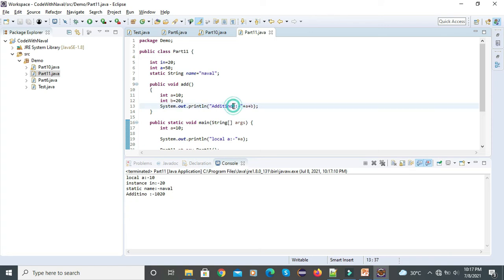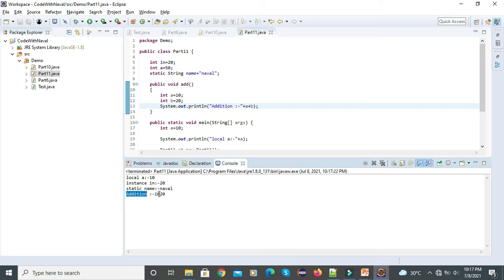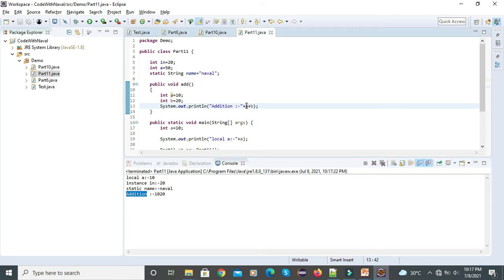Here we made a mistake. We got addition 10 20. It should be 10 plus 20, 30. It directly appends text, or we can say string. To perform addition we have to declare it inside a bracket. Let's add that and run this application again. You can see here we got 30.